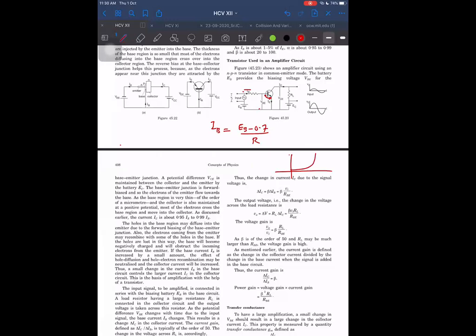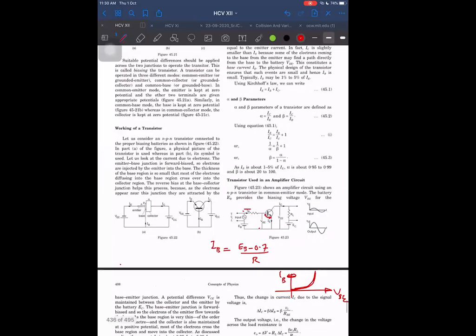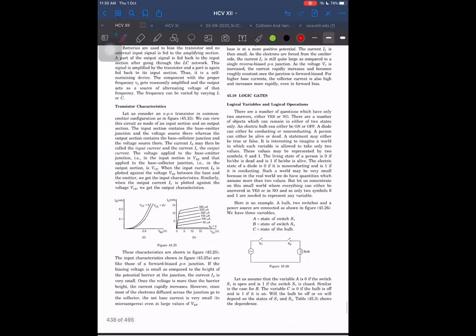I have not discussed the graph of the transistor, the current versus voltage graph. Which current do I want to show here? Base current. Which voltage? VBE. I have not discussed it yet, but I am directly plotting it because this is like a diode in forward bias. And for a forward bias diode, you know, such a shape will be there. If you want to see the exact graph, they have plotted it here somewhere. Wait a second. See here, VBE, IB.